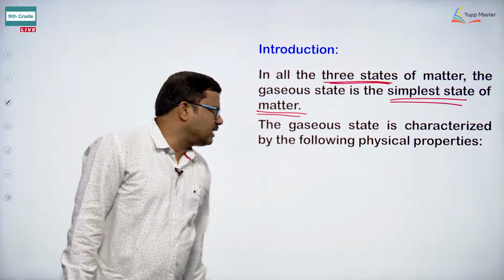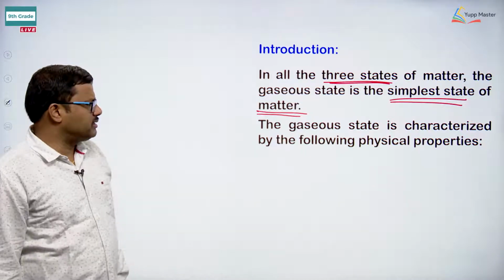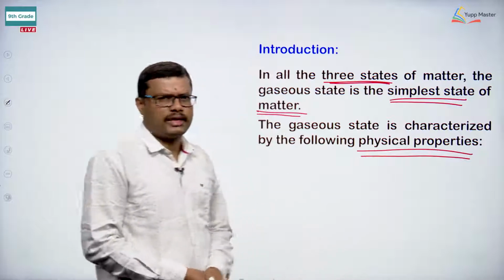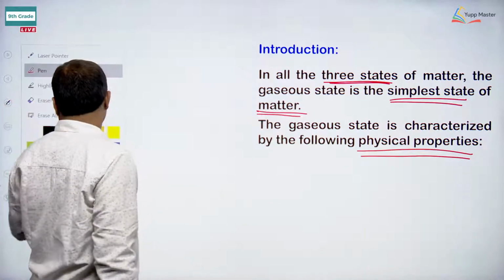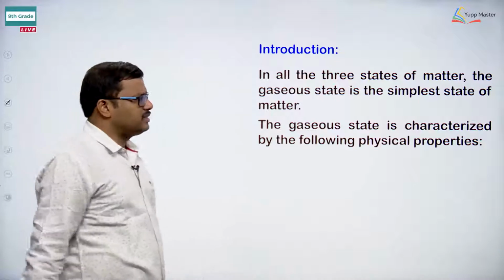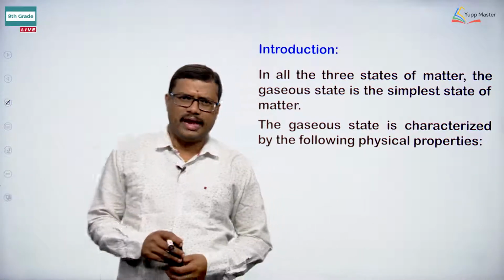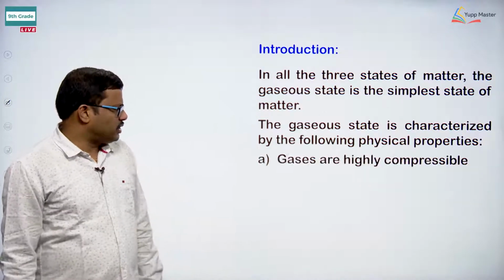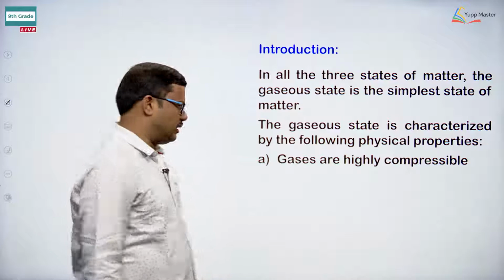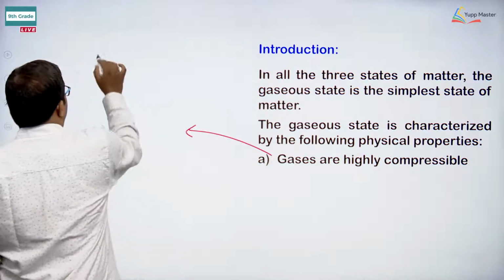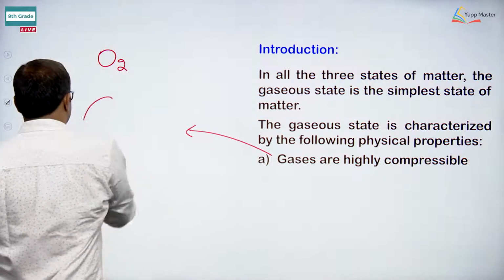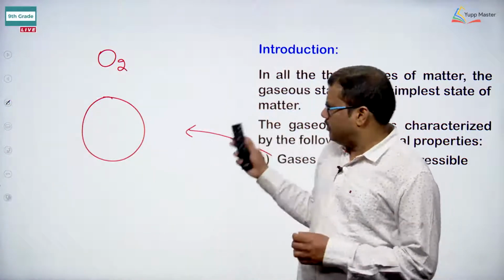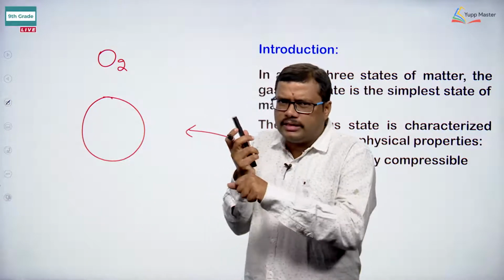The gaseous state is generally characterized by some physical properties that we can observe in the case of gases. So, what are the properties? Let us discuss those properties of gases which characterize the gaseous state. First one: gases are highly compressible. For example, if you take oxygen enclosed in a balloon,